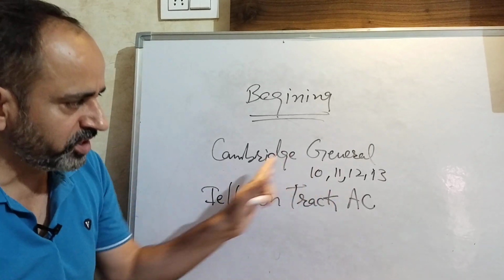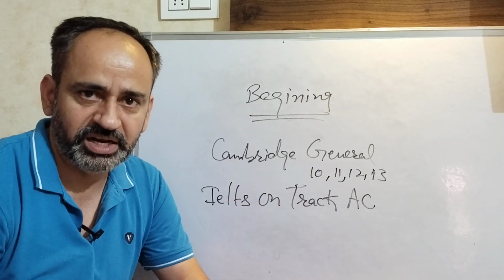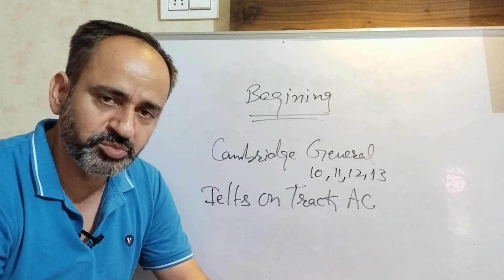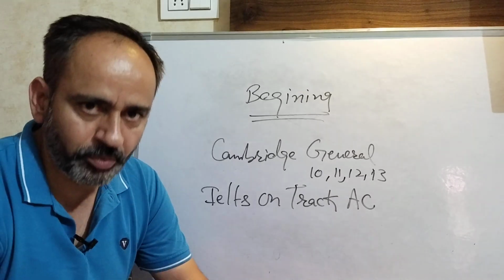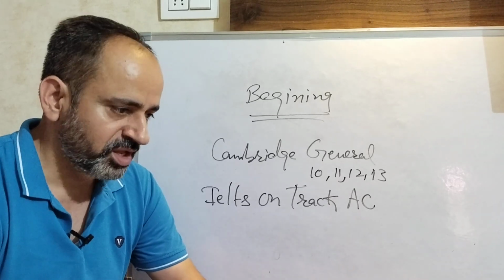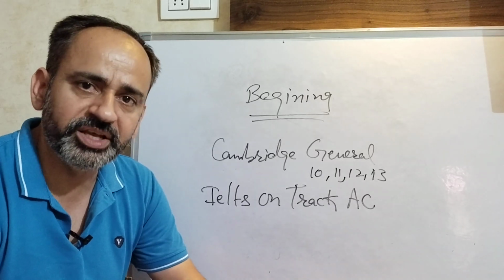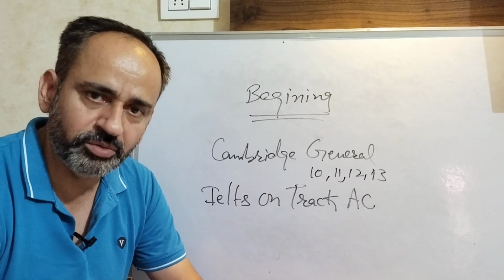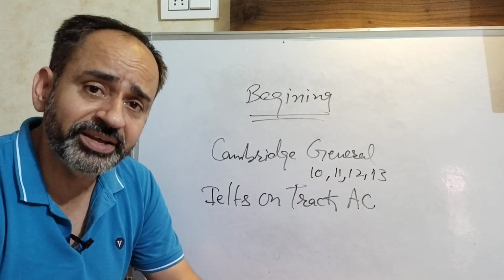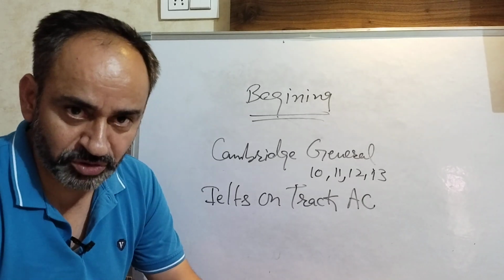And after doing this much reading or practice on these books, then you switch to academic books like Cambridge 10 academic, Cambridge 11, 12, 13. You can buy these books from the market, or you can get photocopies of these books. They are easily available in the shops, and do practice from these books for reading. And also listening you can get from YouTube. There are lots of listenings uploaded by various YouTubers, and you can practice your listening from there. After that, you can join an IELTS institute, and there you can learn about the basics of writing essays, writing task 1, task 2, and speaking practice you can do there.